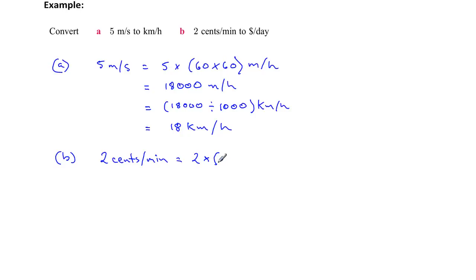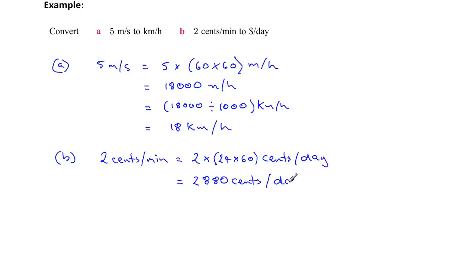If we take our 24 hours in a day, times it by 60 minutes, that will give us our cents in a whole day. So working this out, we get 2,880 cents